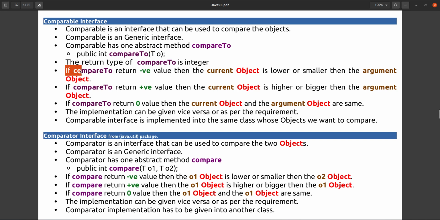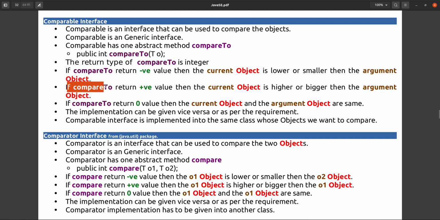If the compareTo method returns a negative value, then the current object, the object on which you are calling compareTo, is lower or smaller than the argument object.